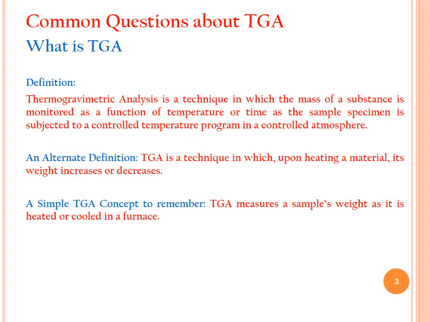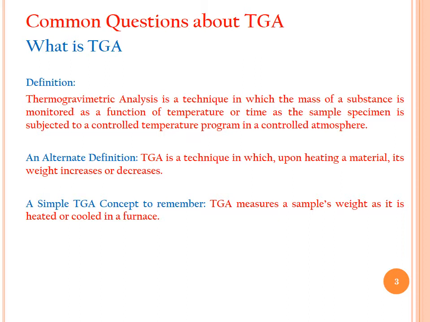What is TGA? Let's start with the definition of the TGA. Thermogravimetric analysis is a technique in which the mass of a substance is monitored as a function of temperature or time as the sample specimen is subjected to a controlled temperature program in a controlled atmosphere. This type of question can be asked in a viva voce, any kind of interview, or in a kind of practical